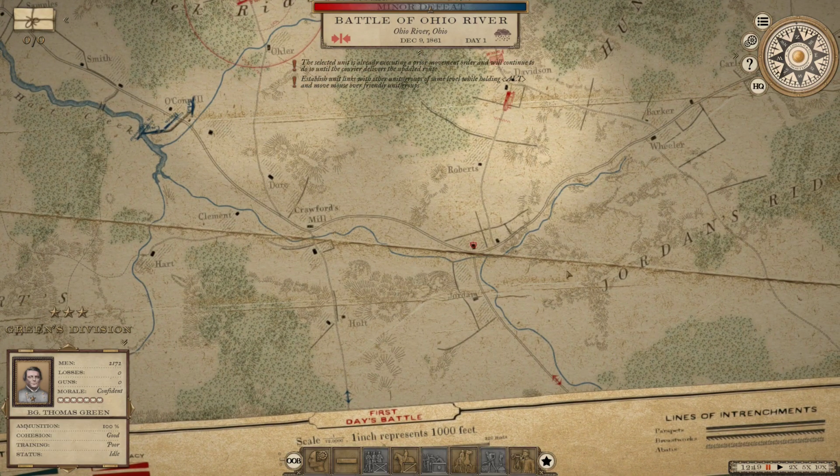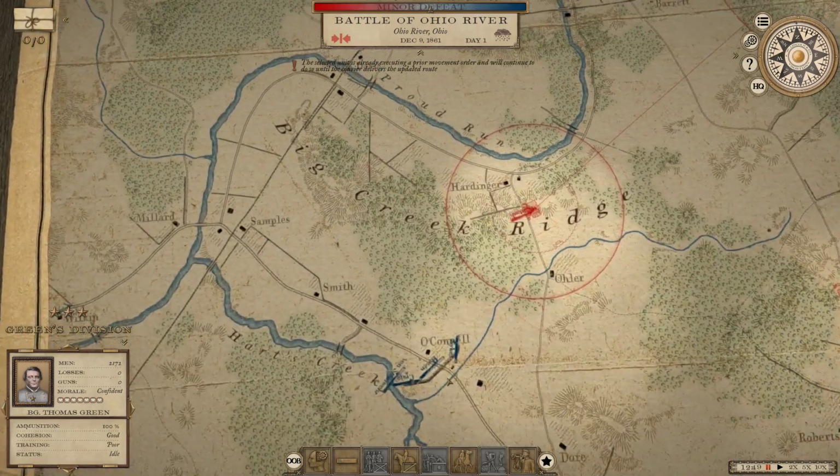Now, looking at their deployment, it's a meeting engagement, which means maybe the AI isn't necessarily focused on going and taking an objective. And the AI, I would assume, even if they do have fog of war, would still know that this is a deployment zone down here for the Confederacy, and they don't know what's in there, and they know this is an entry point. And so, given that maybe they expect an attack from this direction,